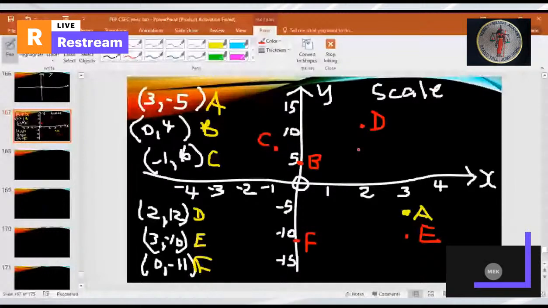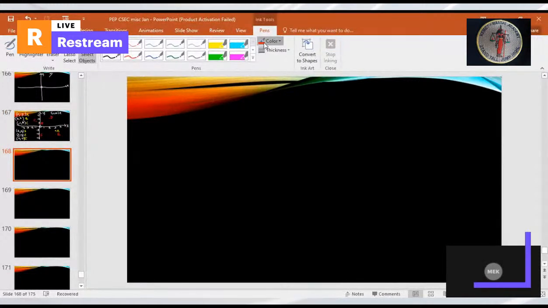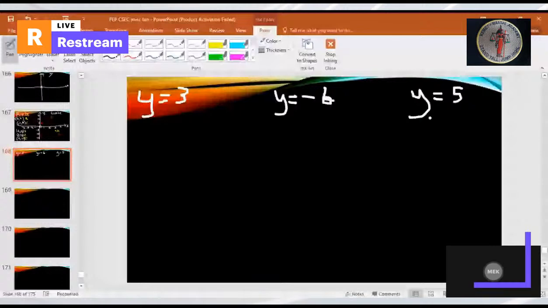Now let's look at some linear functions. Let's look at the lines y equals 3, y equals -6, and y equals 5. These are 3 different coordinate planes. This simple line, y equals 3, just means